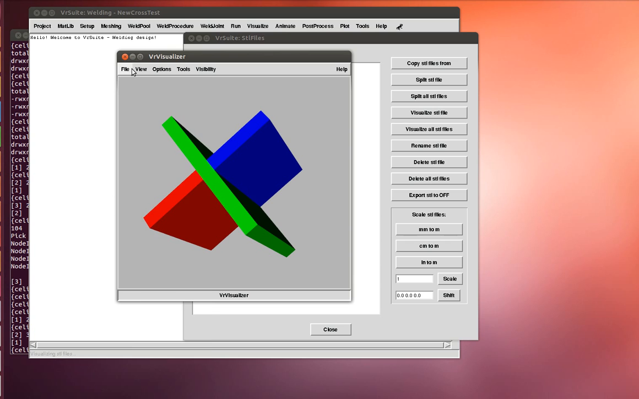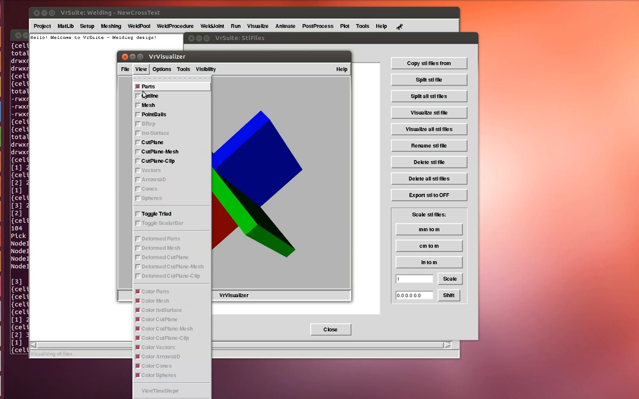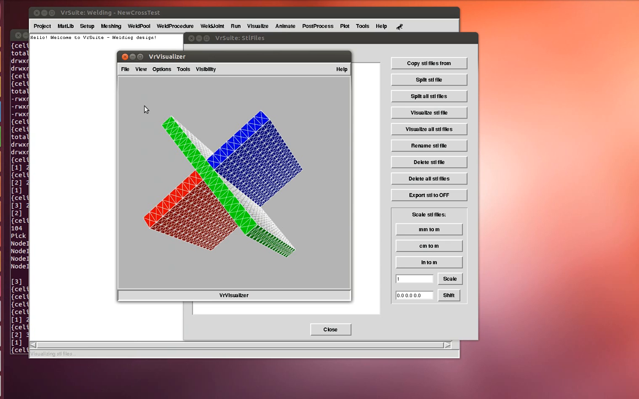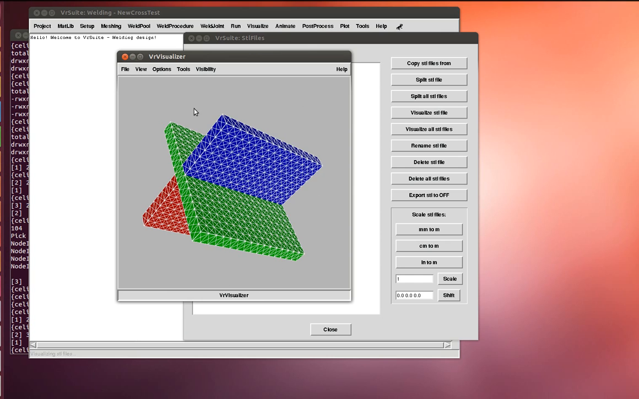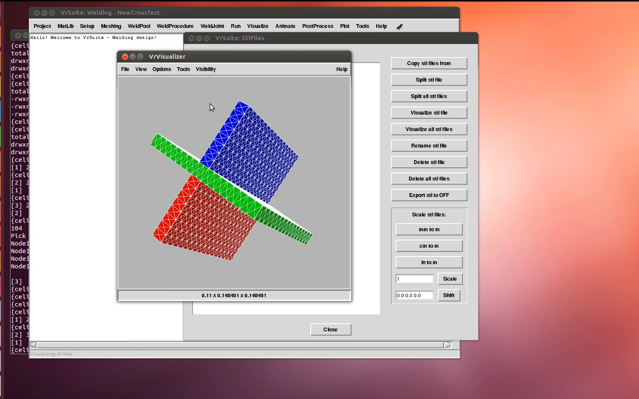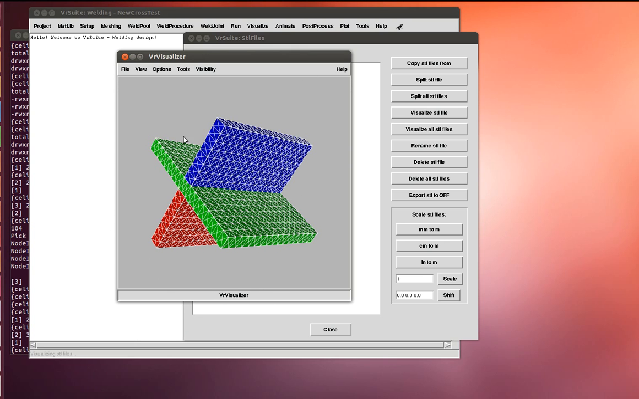Under the view, we have a number of options. One of them that I'll use right now is to turn on the mesh. So you see there's our mesh that's part of our STL file. We can use the left mouse button to select nodes, or we can